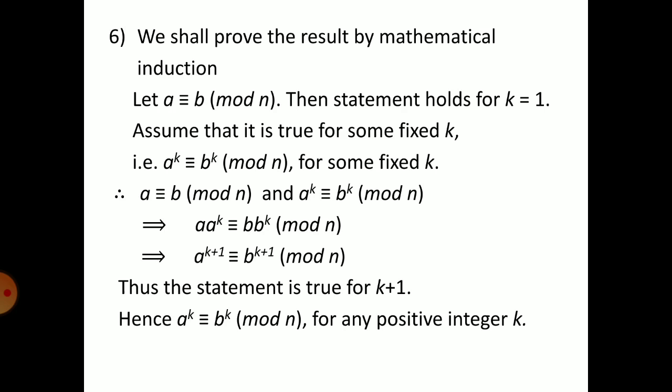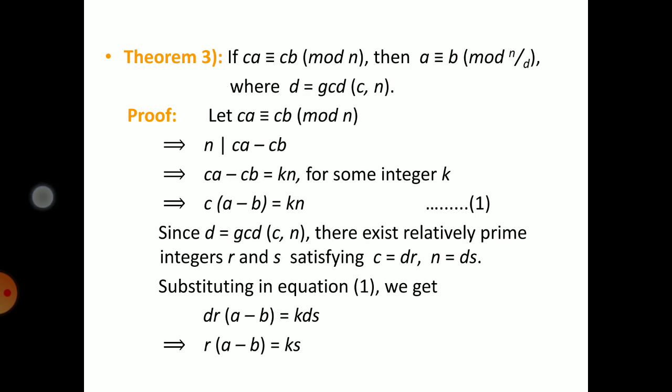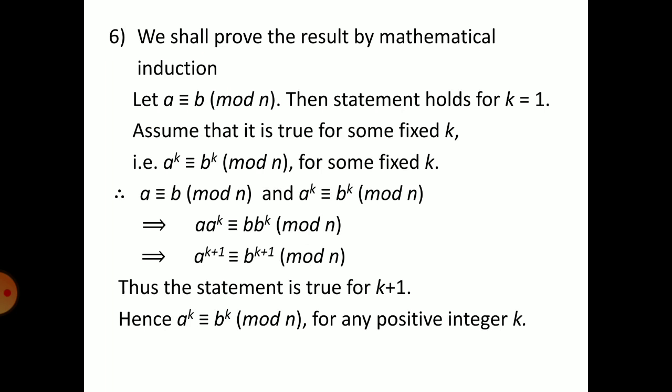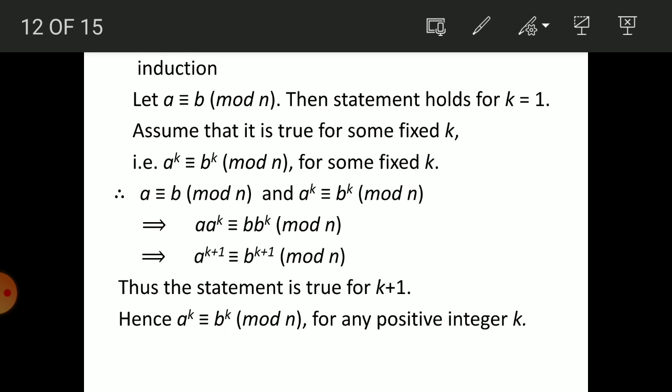Now here A is congruent to B mod N, that means the statement is true for k equals 1. Assume that it is true for some fixed k, that is, for k equals 1, A is congruent to B mod N. It is true for some fixed k means A raised to k is congruent to B raised to k mod N. Now A is congruent to B mod N and A raised to k is congruent to B raised to k mod N implies, taking multiplication of the left hand sides and right hand sides,